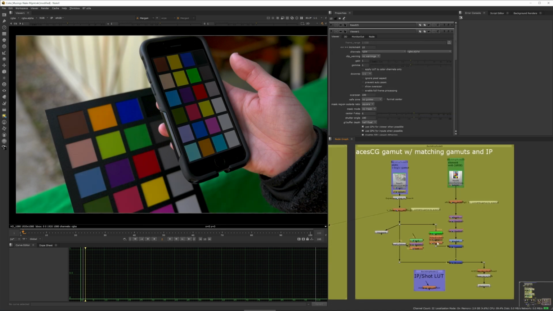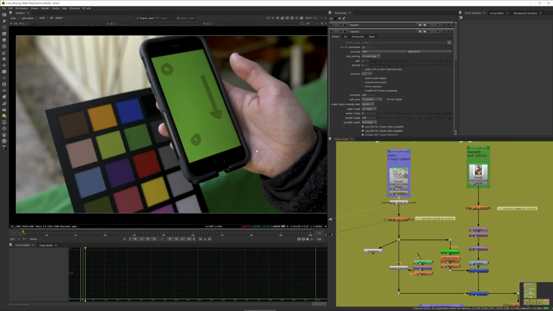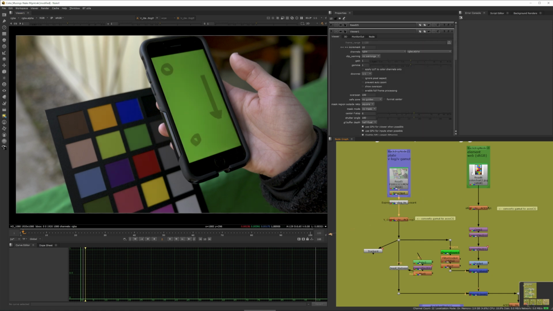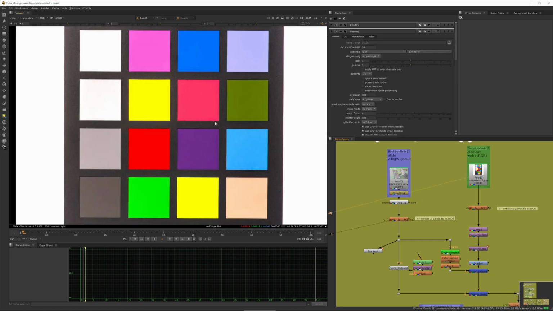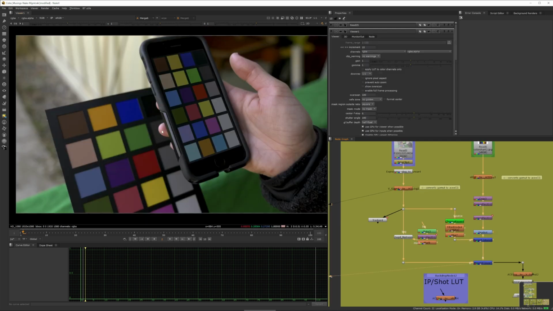The next, and this is really what's happening when you're working fully managed with ACES, is you would take your footage, you're in linear camera native, you can then go V-Gamut to ACEScg, and similarly you would take your sRGB plate, or your sRGB element, and you would also convert it from sRGB to ACEScg gamut. Then you would do your comping,